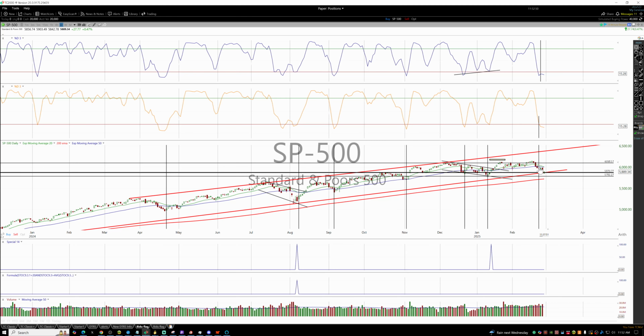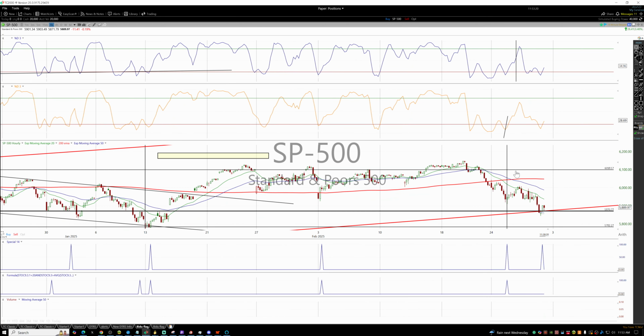Now, every so often it will break down, and this could be it. But we're also very close. Now we're going to say, all right, how do we tighten this entry up here? Do we just go long here, blindly long, or do we want to get the best bang for the buck? So what I would do, now that we know we're in our area where we have a nice pullback, oversold, is break it down to the 60-minute time frame, and then we'll wait for that 60-minute to give us that 60.